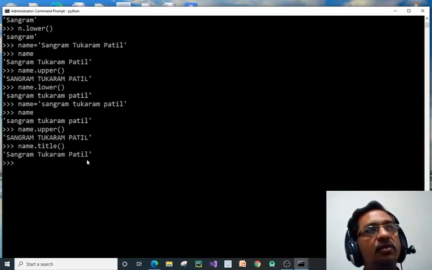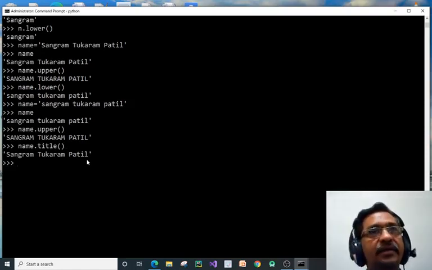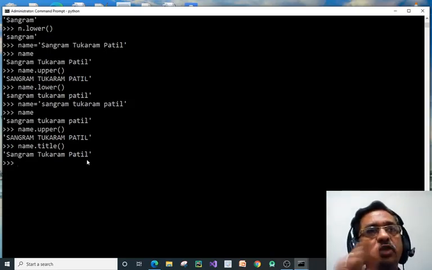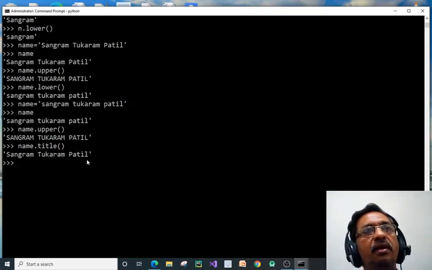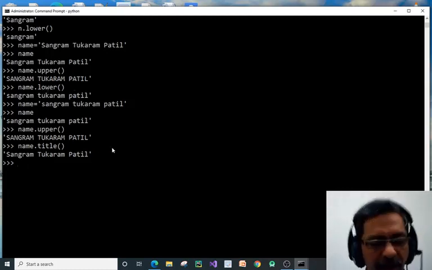Each word's first character is displayed as a capital letter. You can say camel case, this is also considered as title case. So to work with strings, there are three functions: upper converts your data into uppercase, lower converts it into lowercase, and title converts the first character of each word into a capital.